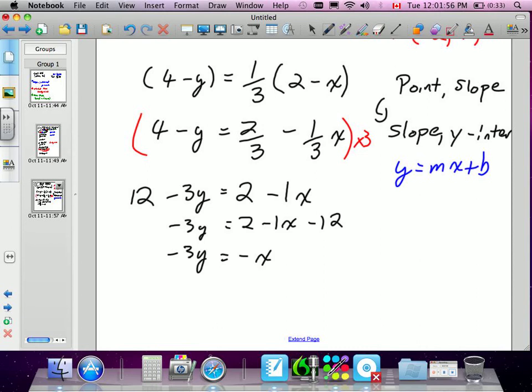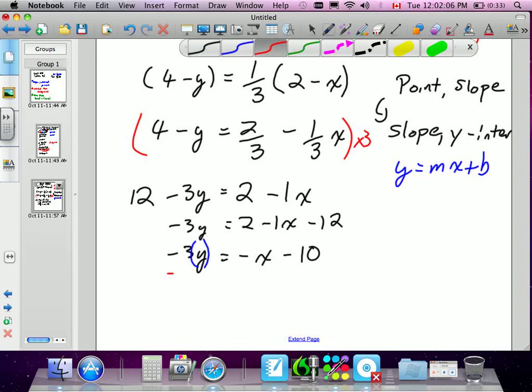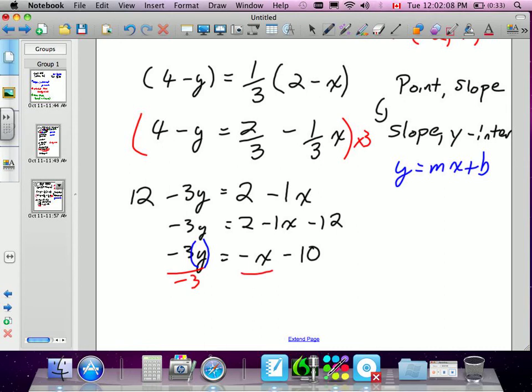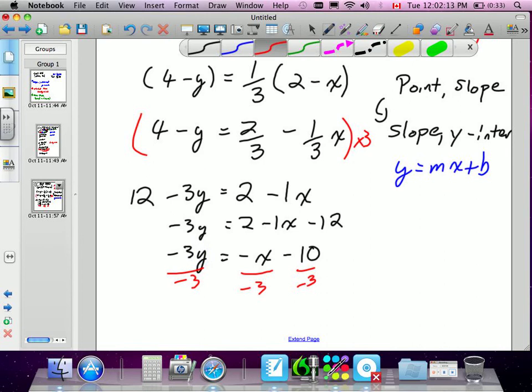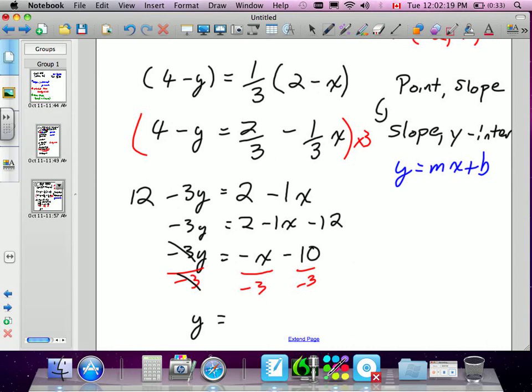Okay. And again, we got to get y by itself. So I'm going to have to divide both sides of the equation by negative 3. I'm going to divide every term by negative 3. So our equation ends up being y, these 3's cancel each other out, is equal to negative 1 over negative 3x, and minus 10 over 3,